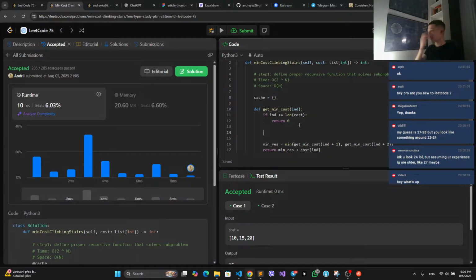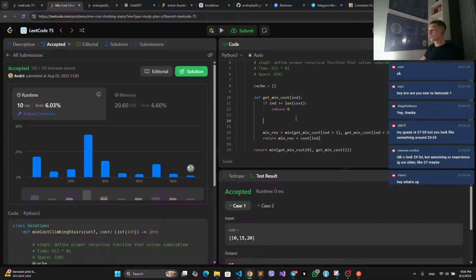So in case you decided to choose a cache, your key for the cache would be whatever you have in your input parameters, and again in Python you have tuples, so even if you have a 2-dimensional, 3-dimensional, n-dimensional dynamic programming question, you can put the key as a tuple of parameter 1, parameter 2, and so on, and just put it in the cache. And on each function call, you're gonna check if the index, in this case our key,